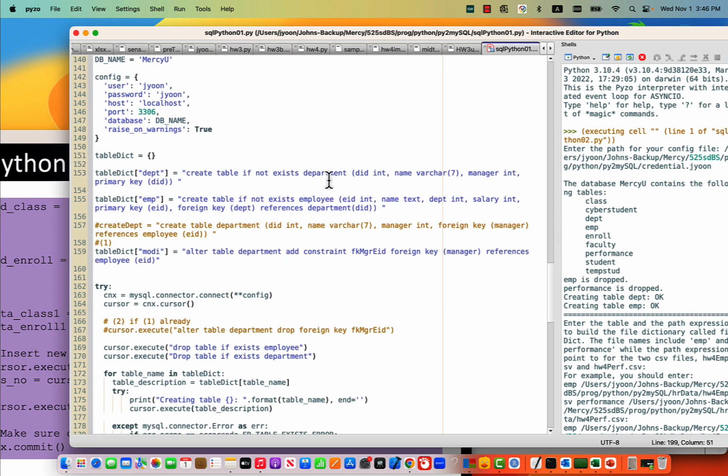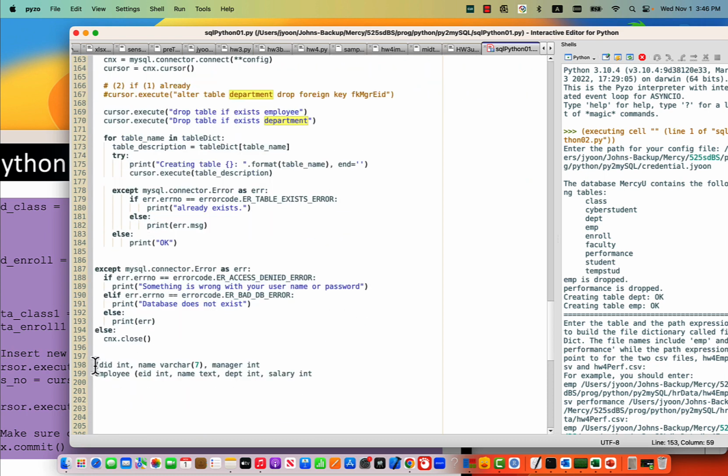This is department. Okay. So this is a file, sort of file schema, right? So let's say